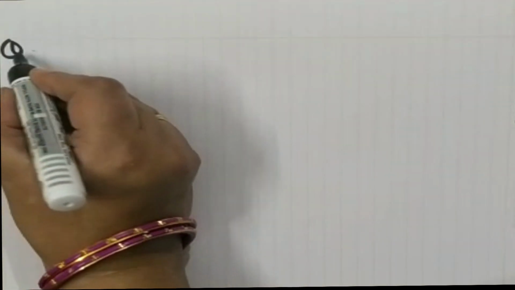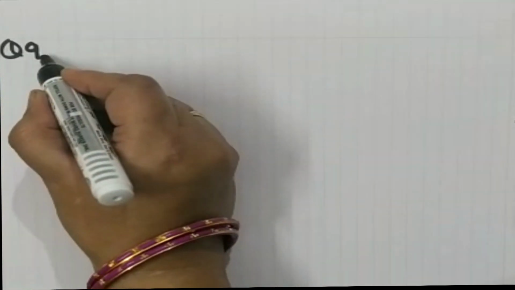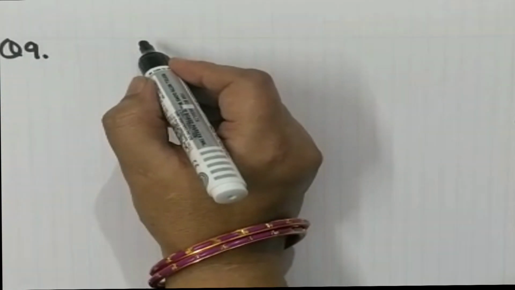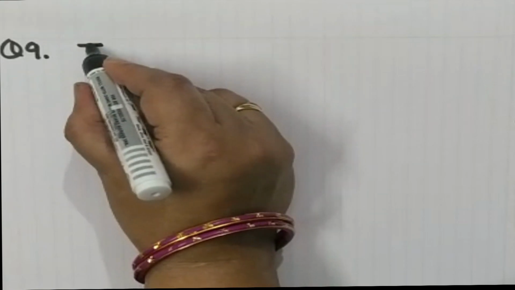Question number 9, it is your last question. Rohan covers 0.6 meter in each step while running. In a 100 meter race, after covering 68.8 meter, he fell down. How many steps remained for Rohan to finish the race? So come to question number 9. What is given to us? Total distance